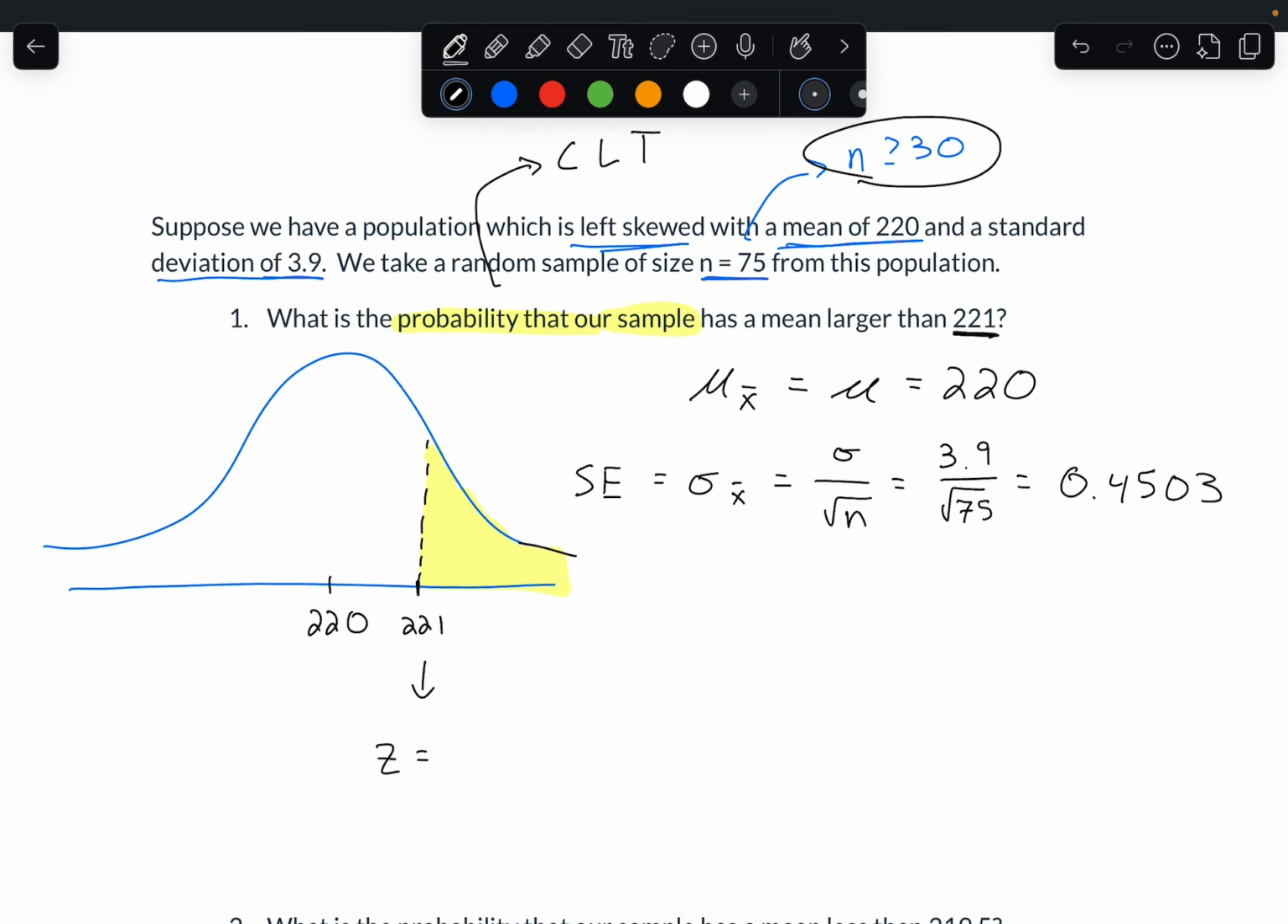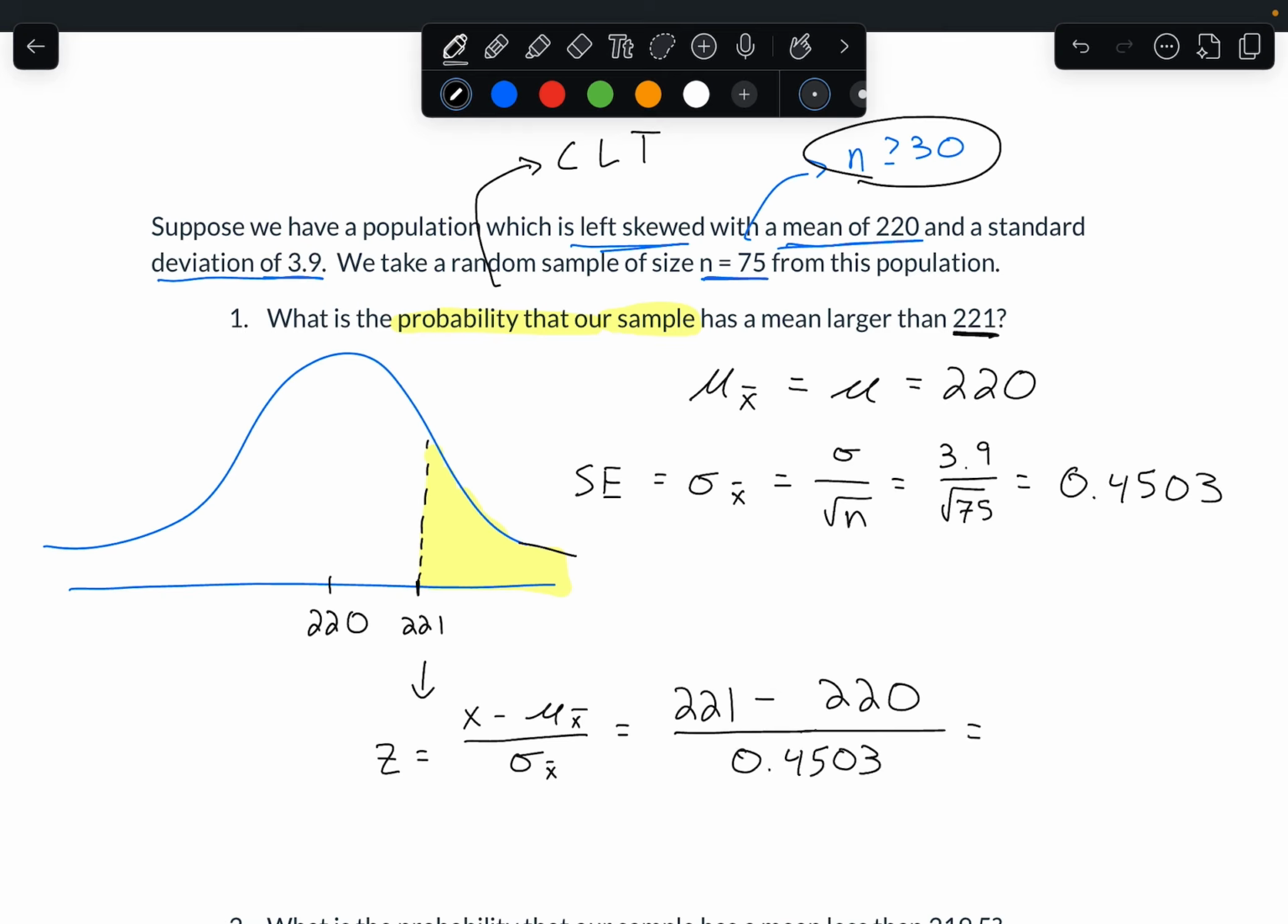My z-score is x minus the mean divided by the standard deviation. Really, the only thing that's going to change here is, well, we're talking about the mean of the sampling distribution and the standard deviation of the sampling distribution, which we've already found up here. So my x is my observation. That's the number that the question is asking about, which in this case is 221, minus my mean, which we said was 220, divided by the sampling error or the standard deviation, which is